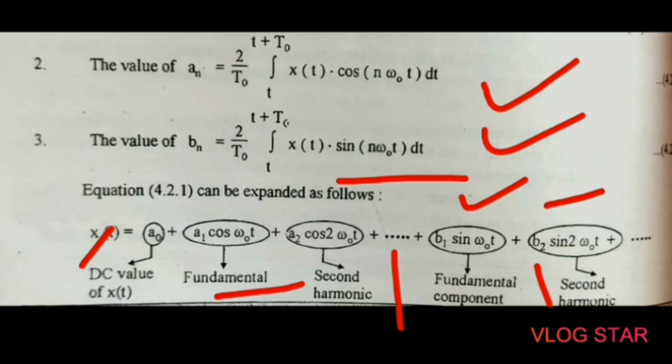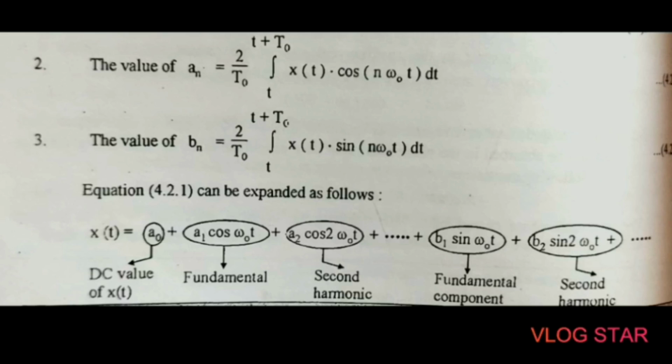Okay, so here from the trigonometric or quadrature Fourier series we can conclude the above expression is suitable to plot the line spectrum. The first term a0 has zero frequency, hence it is called the DC component of x(t) and it is also called the average value. Then the sine wave and cosine terms at frequency f0 are called fundamental components and the terms at frequency 2 f0 are called the second harmonic components and so on.